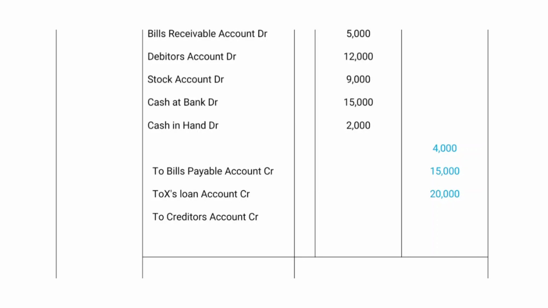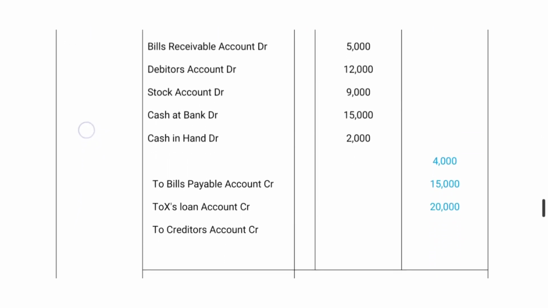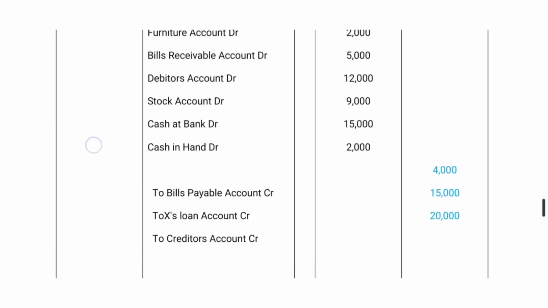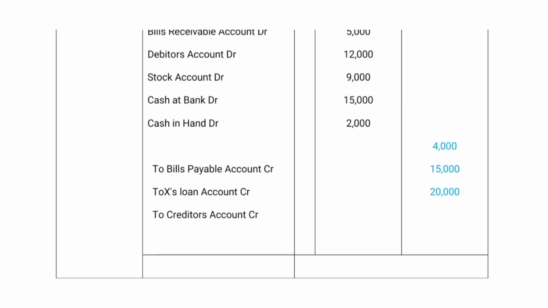We are calculating both the debit side amount and the credit side amount. Then after that, we find the difference between assets and liabilities. If assets exceed, it is shown as "To capital account". If liabilities are more than assets, it is shown as goodwill, on the debit side of the journal. Now we are going to calculate both amounts, the debit amount and the credit amount.